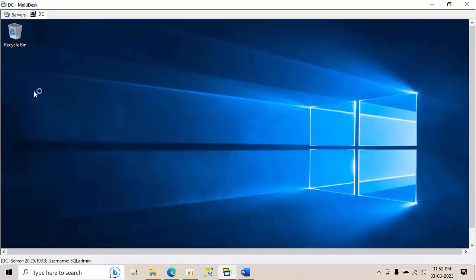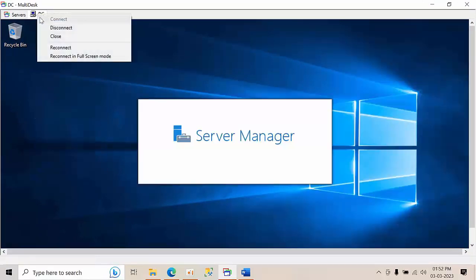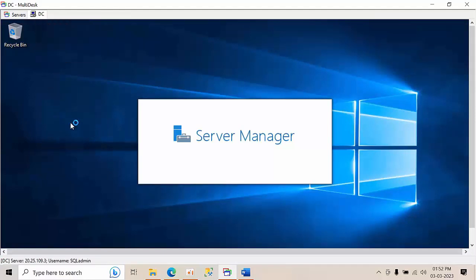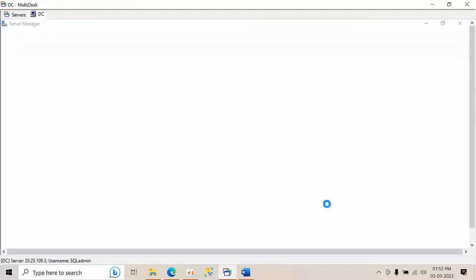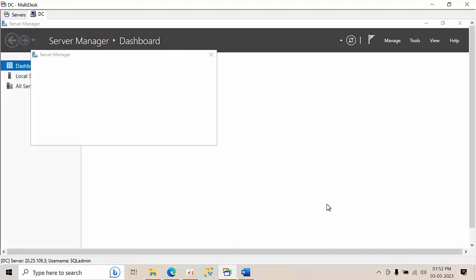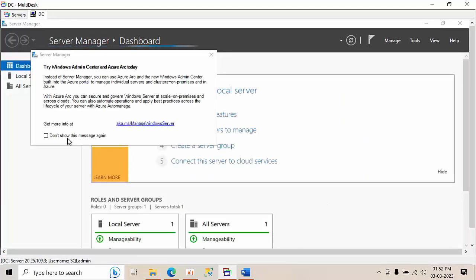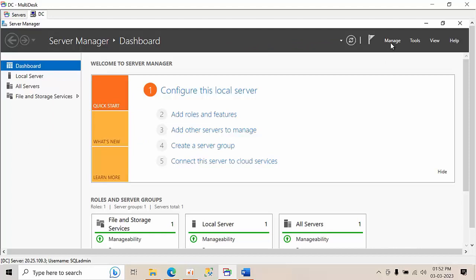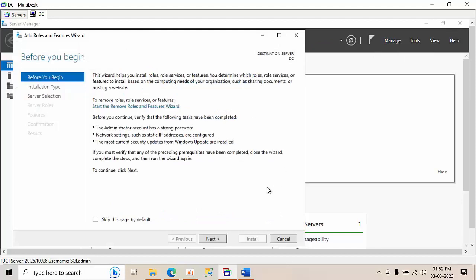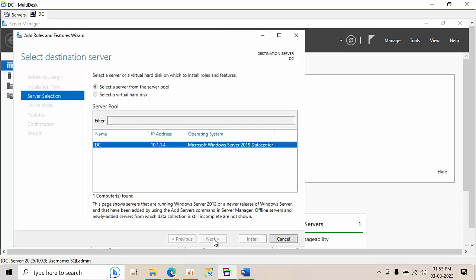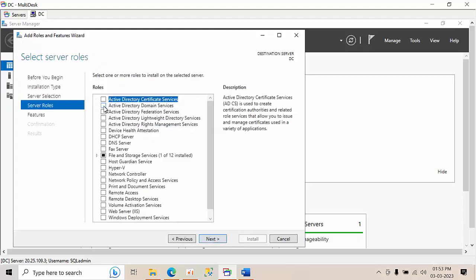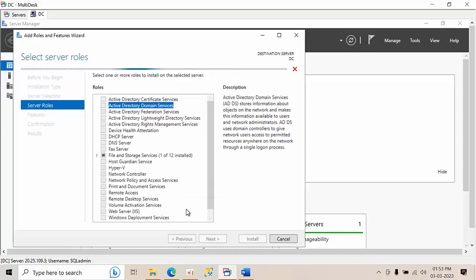Click yes. So click on don't show this button, not required for us. So once the refresh has been completed, click on manage, click add roles and features, check the box, not required, next, next, next. So we need Active Directory Domain Services, click add that, DNS, add that,